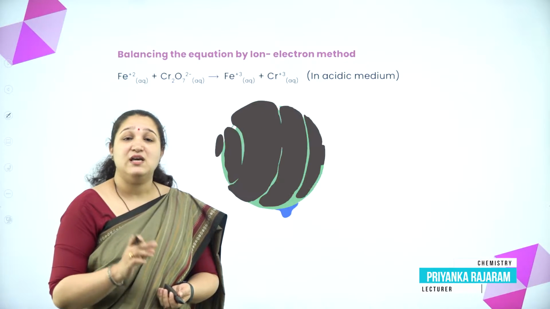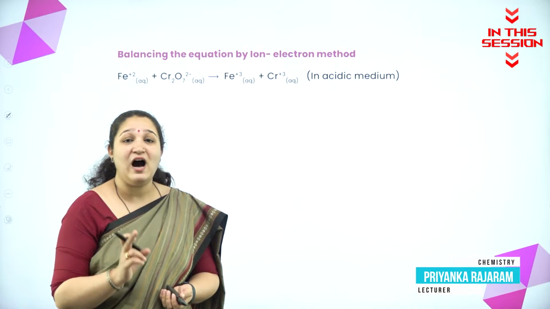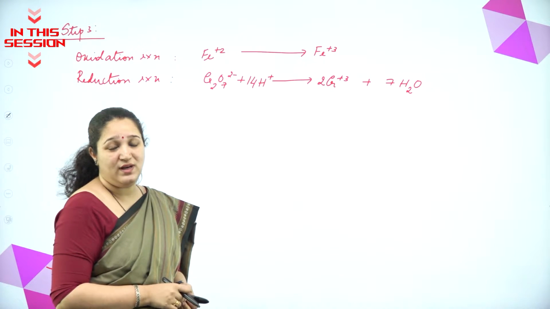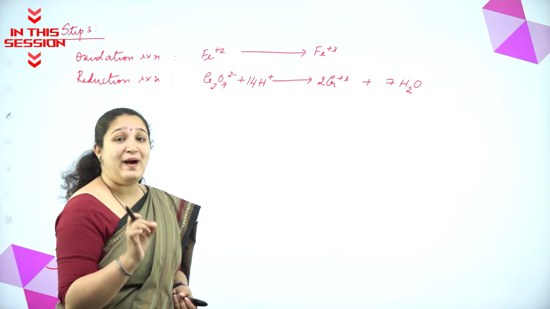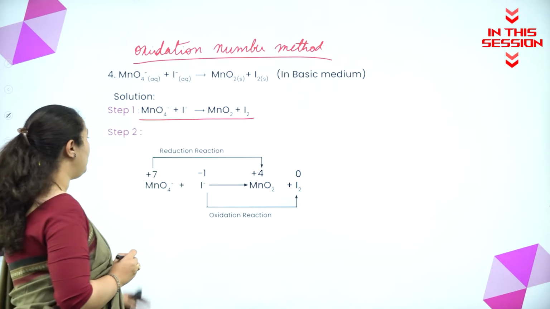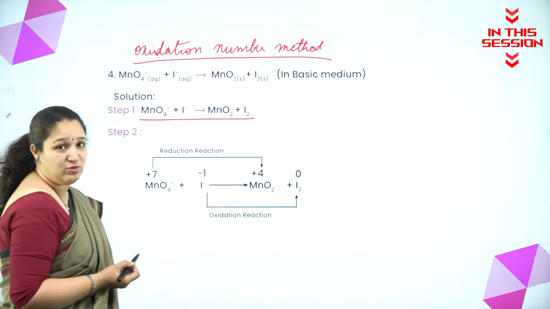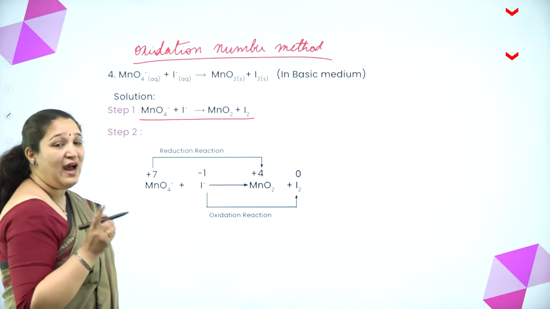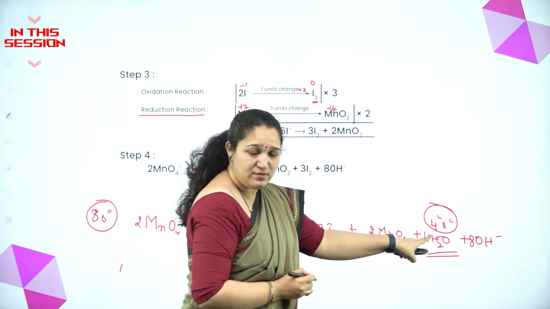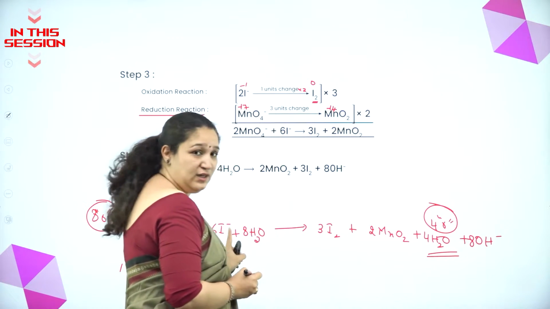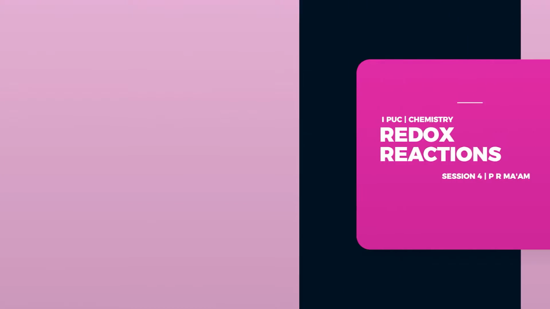This method is also called the half reaction method. Now next we have to add the electrons to balance the charge. Step 2, we have to calculate the oxidation number and identify the oxidation reaction and reduction reaction. 4 2s are 8, so 8 hydrogen atoms are deficient on the reactant side.